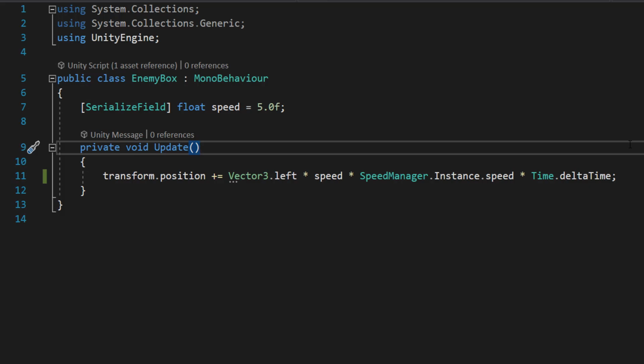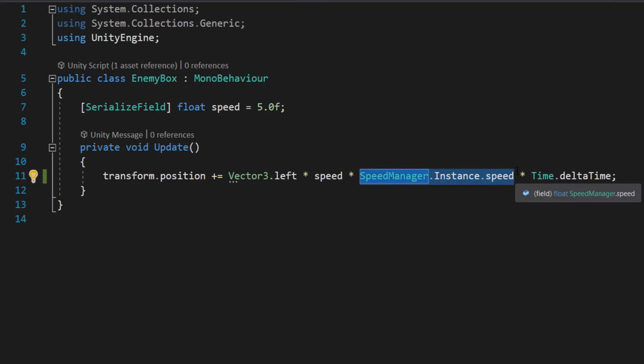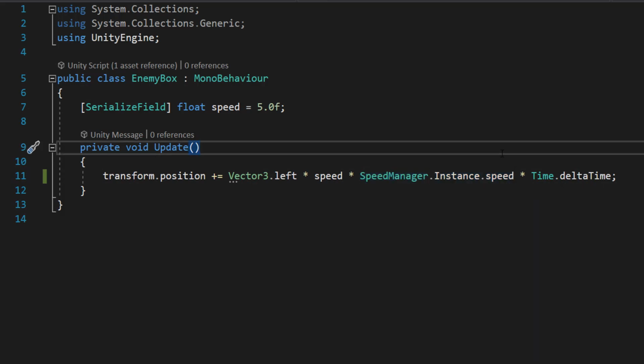And we're using a singleton setup because it's super easy to get access to the speed at any time. We don't need to have any other references that we need to drag and drop or use GameObject.Find to get. We just have a singleton responsible for the speed of the game, and anything that wants the speed variable can get access to it. And that's actually all of the code for this tutorial, so save your work